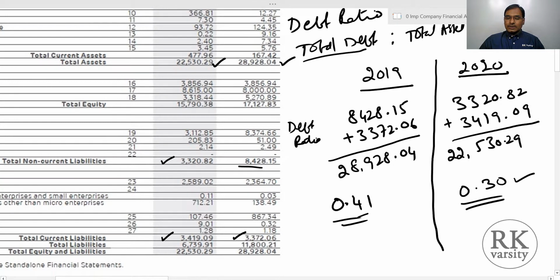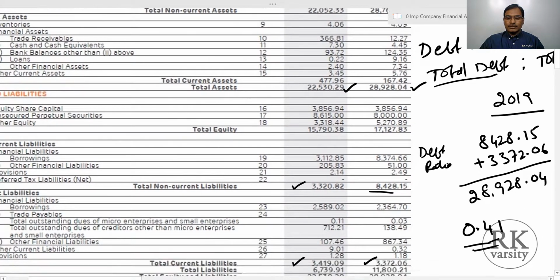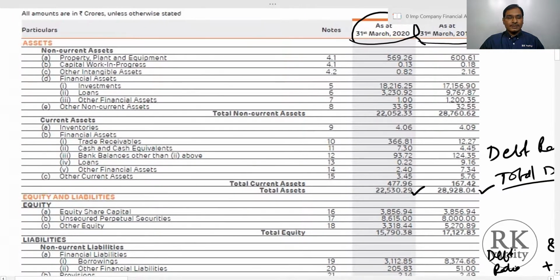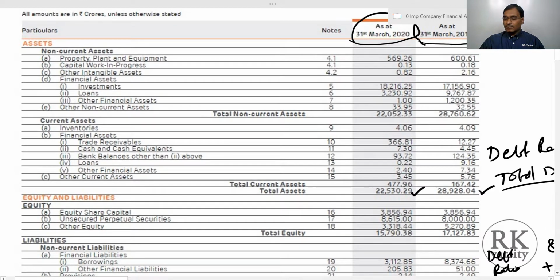Now, is that actually the reason? We'll look into more detail at its assets and liabilities. If you observe the assets of the company, in the property and plant there is not much change, and in all these items, even in the case of investments, there is no change. But if you look at the loans here, note 6 says that there is a decrease of about 6,000 crore rupees.